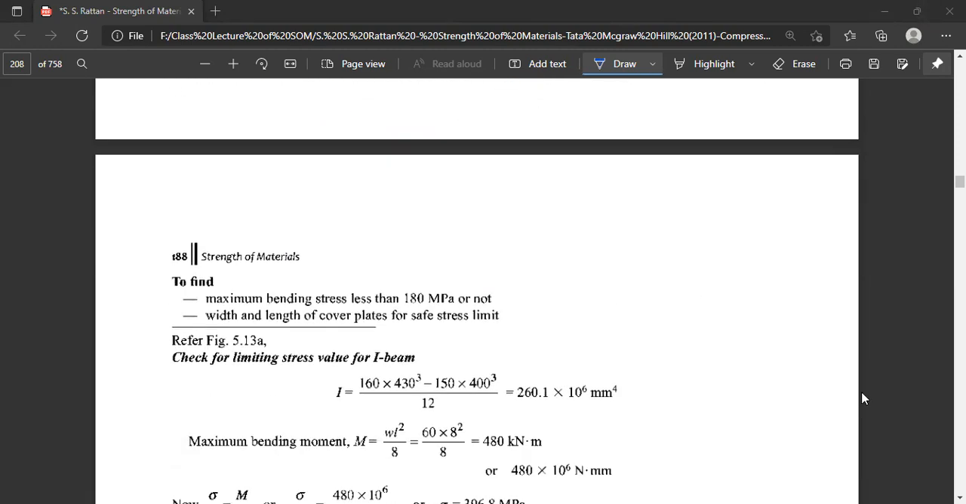1 by 12 is base. Base is equal to 100, as it is chosen as 160 millimeter, and height is to be chosen as 430 millimeter divided by 12. And from here,